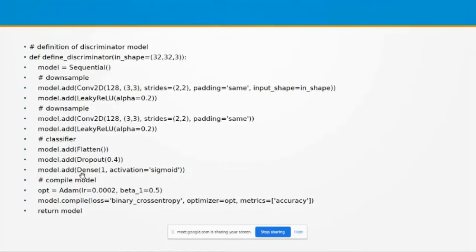Then model.add Dense 1. And this can be considered a binary classification problem. Why is it a binary classification problem? We are going to determine whether the input image is real or fake.